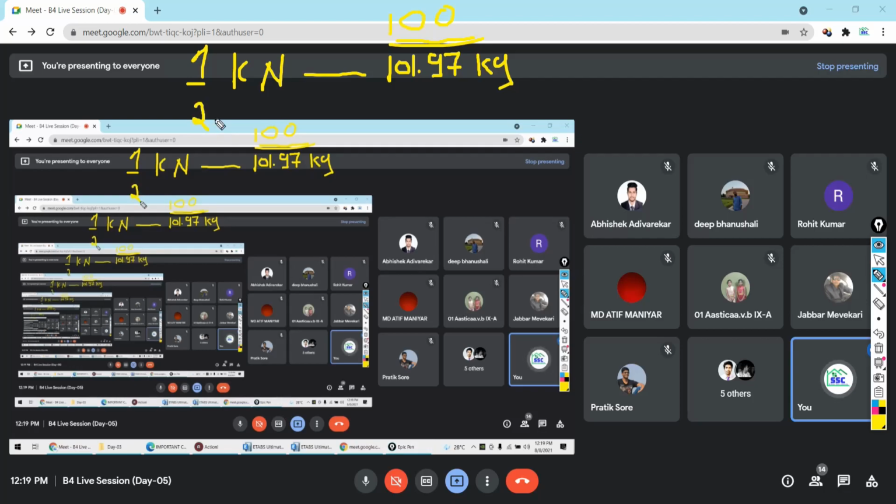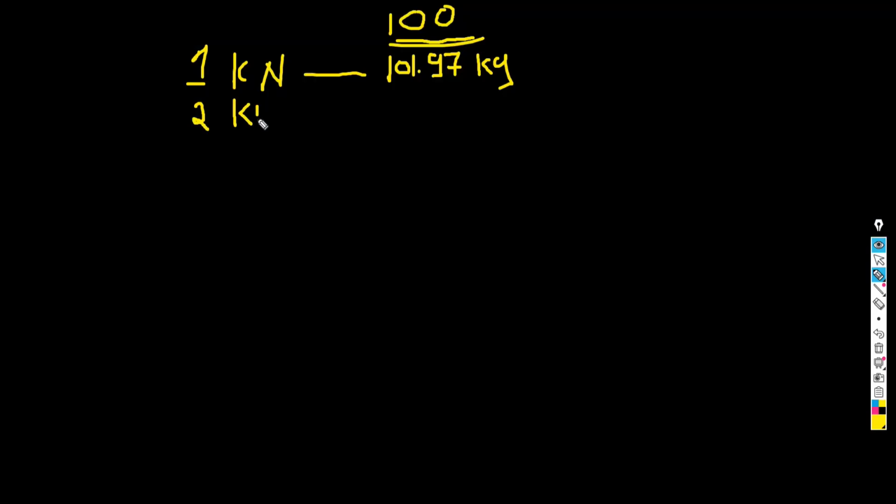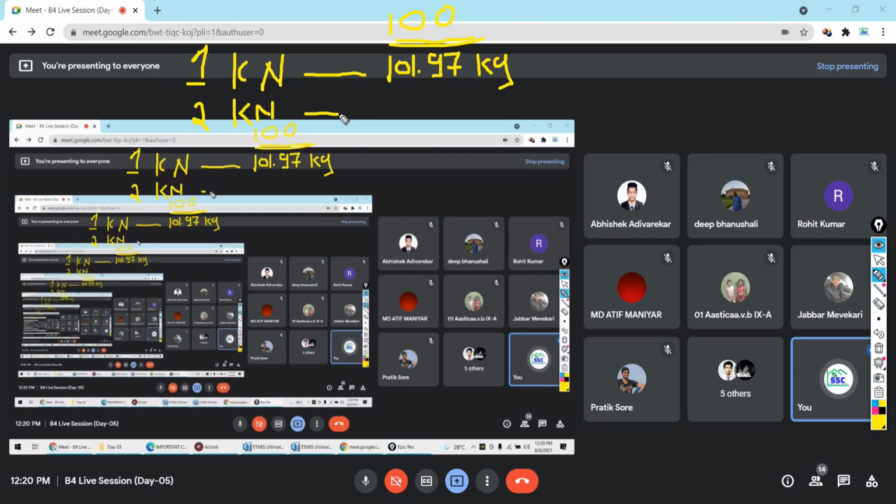So suppose 2 kilonewton is suggested by the code. How much in kg will it become? 200 kg. Now tell me, what is the average weight of a single person? 60, 70.